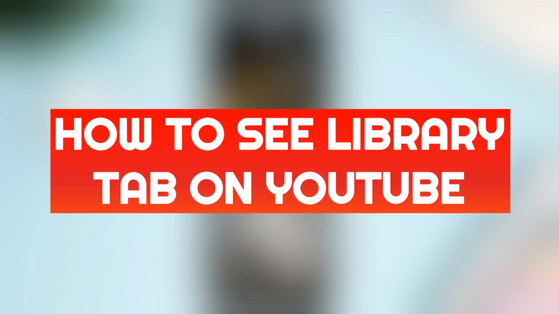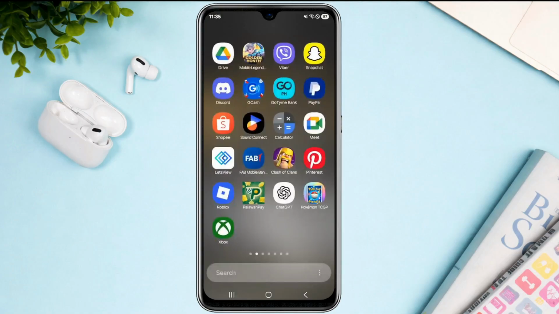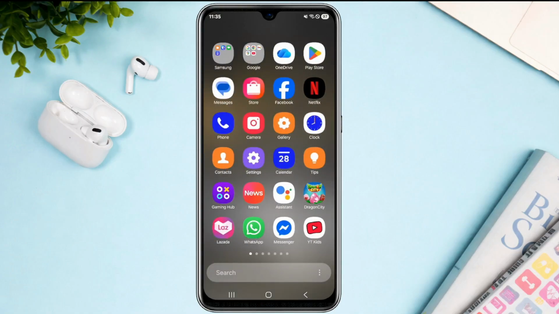How to see library tab on YouTube. Now in this video, I'll show you a quick guide for you to be able to navigate through the library menu on YouTube. But the very first thing that you have to do is go into your Google